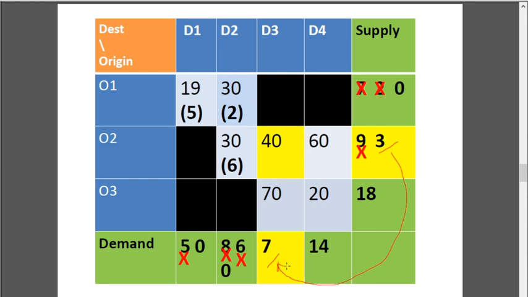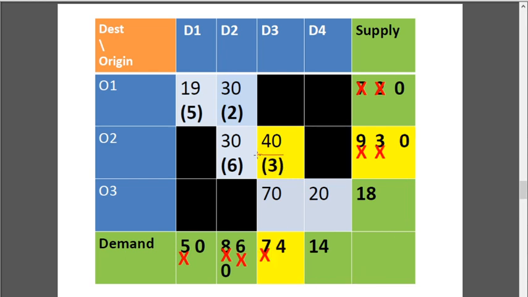I can supply only 3 units. Supply it. Therefore the 3 units will be given. Then the remaining supply becomes 0 and the remaining demand will reduce to 7 minus 3, that is 4. Since the supply becomes 0, cut or delete the cell in that row. So simple thing, if a supply becomes 0, then the remaining row elements will be deleted. If a demand becomes 0, the remaining column elements will be deleted.